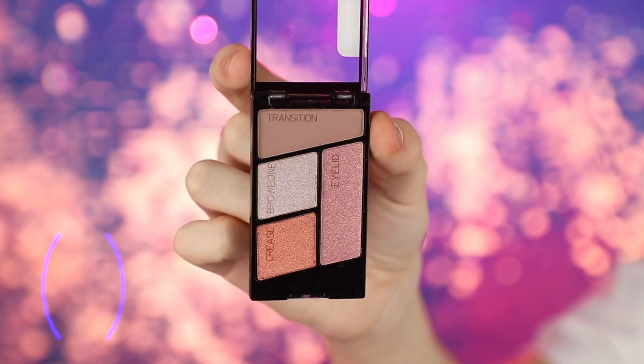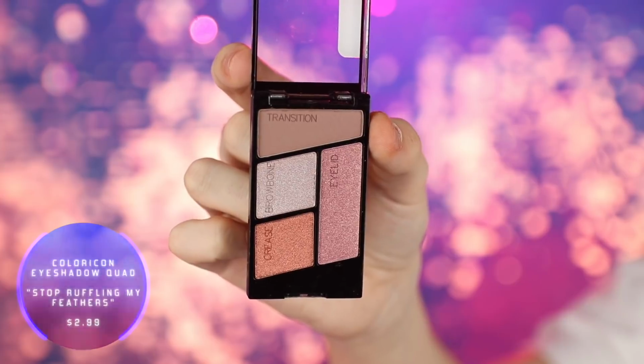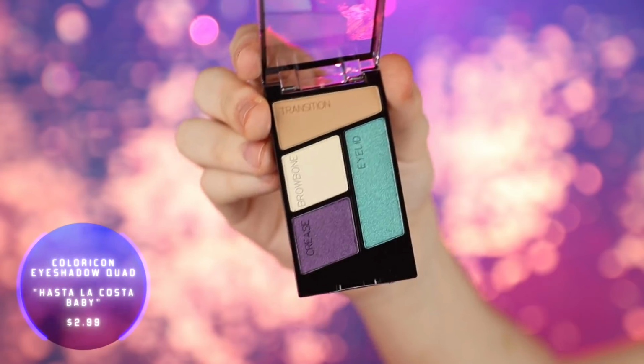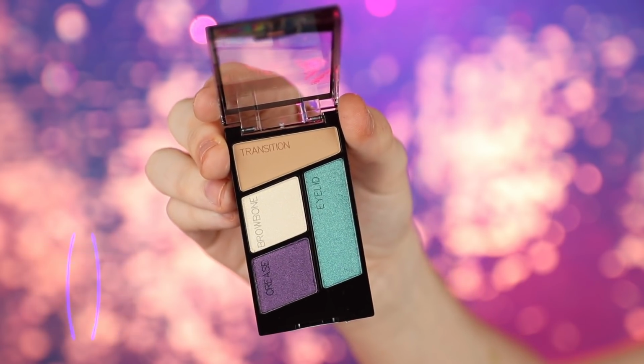In this new Flights of Fancy collection, Wet n Wild is releasing 3 new little mini eyeshadow palettes. We have Stop Ruffling My Feathers, which is kind of like a cool toned eyeshadow palette. And then we have Flock Party, which is a more warm situation going on here. And then we have Hasta La Costa Baby, which is, I guess, a more colorful eyeshadow palette. So I'm just going to prime my eyes and I'll be right back so we can get on with the